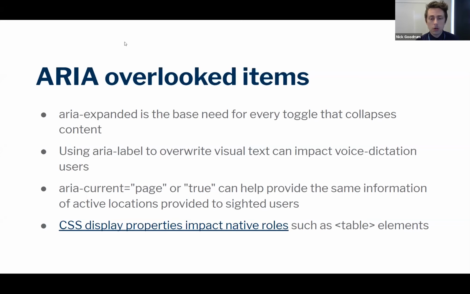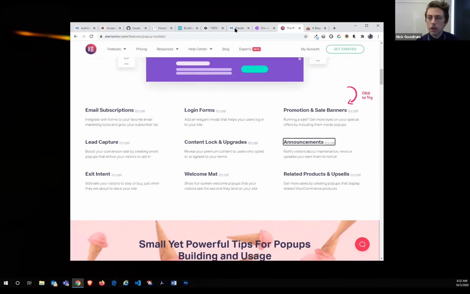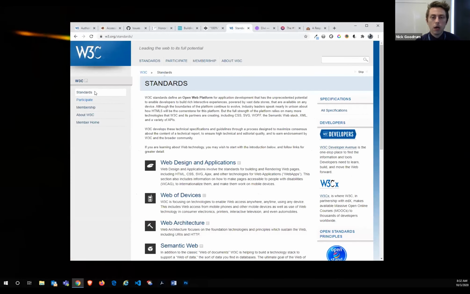Another one is ARIA current equals page true. I kind of point those out. If we take a look at even W3C, to understand the reference, we always create cited aspects to say, okay, there's some visual indication of what page you're on, right? In navigation, sidebars, all these things, there's usually some class equals active and some background color.